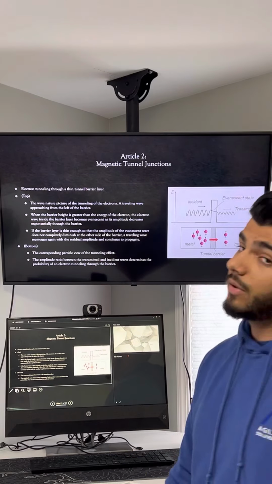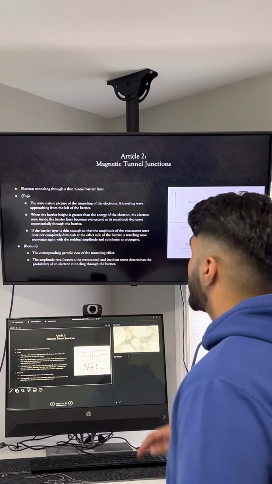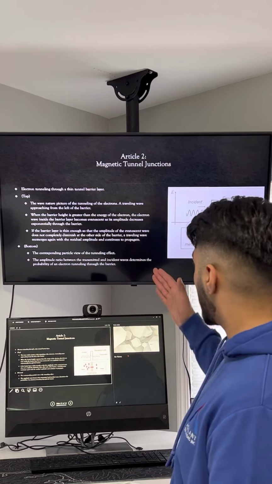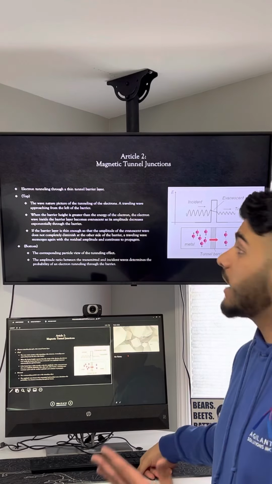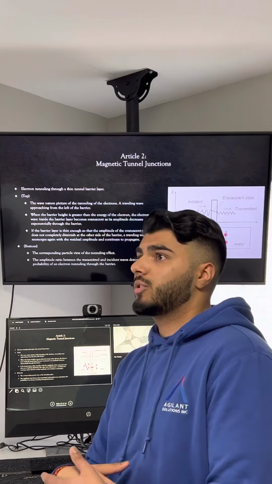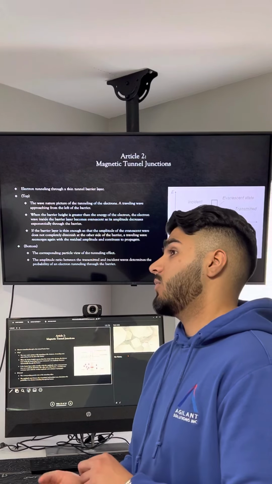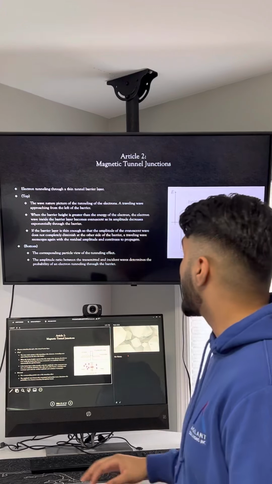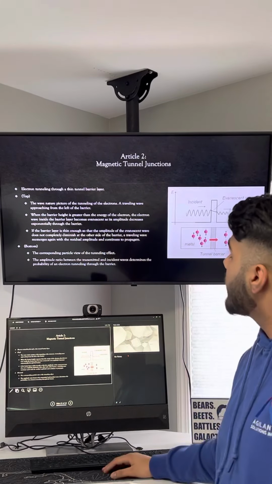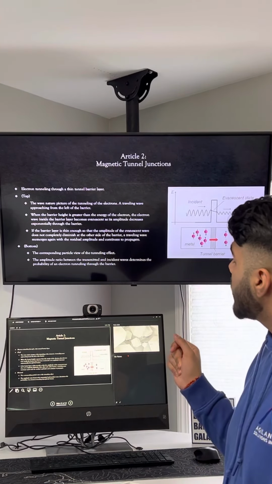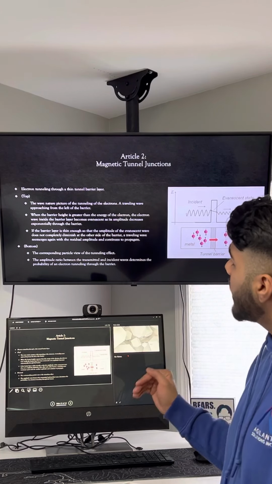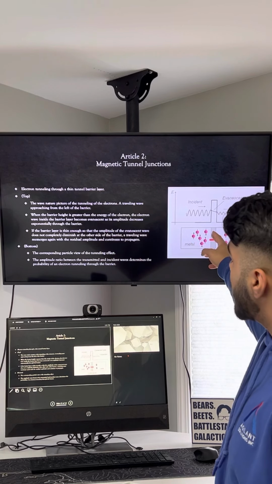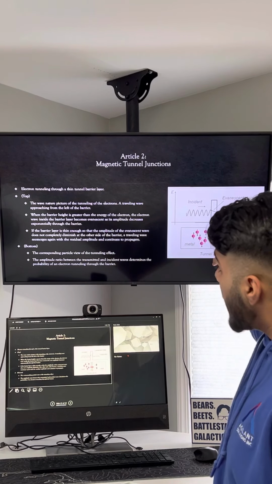I'm going to continue on to this picture because it was very important. Alright, so electron tunneling through a thin tunnel barrier. Okay, this is really interesting how they measured and gave an example of how electrons go through barriers. I personally was astonished when I really read this article. Alright, so the top is the wave nature picture of tunneling of the electrons. A traveling wave approaching from the left of the barrier, right? Left of the barrier, when the barrier height is greater than the energy of the electron,